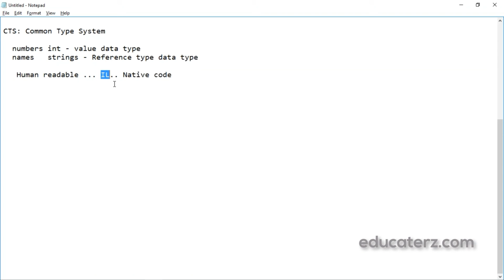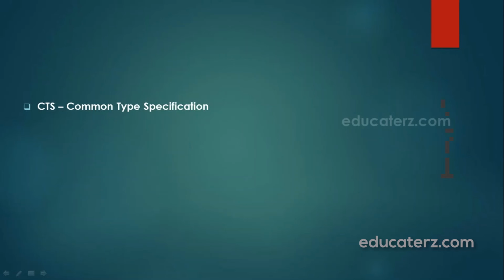I'm repeating again, a common type system is very useful because there may be situations when we want code in one language to be called in another language. So this CTS ensures that data types defined in two different languages get compiled to a common data type.